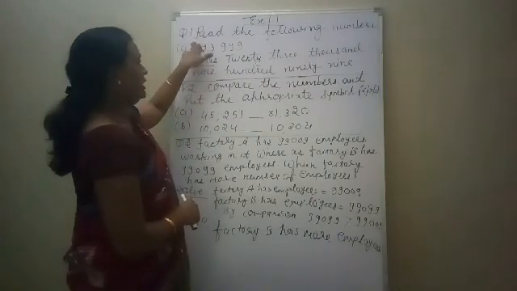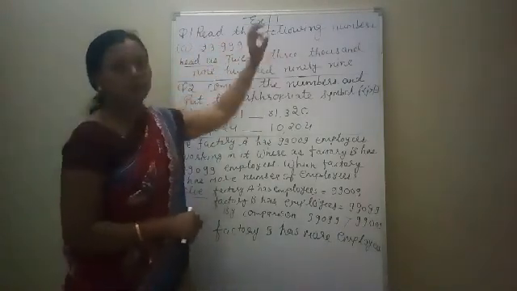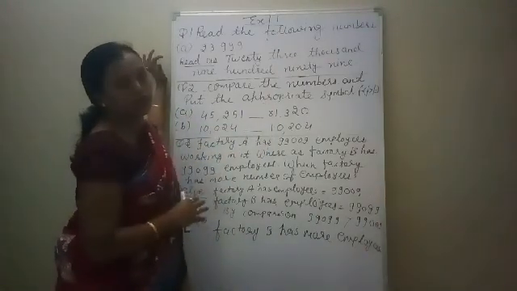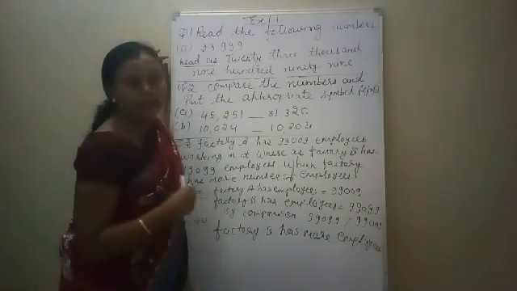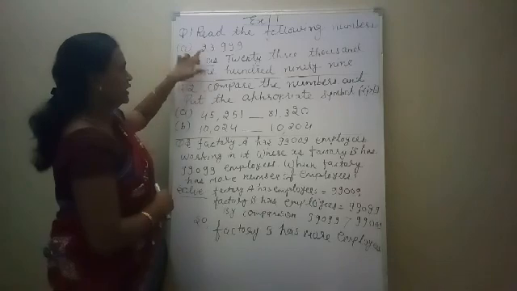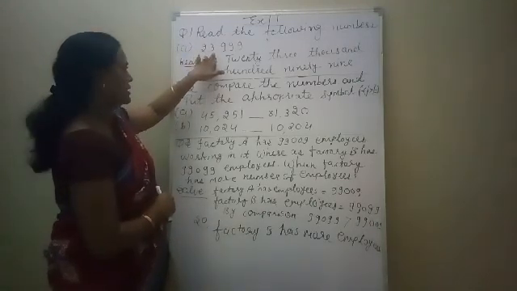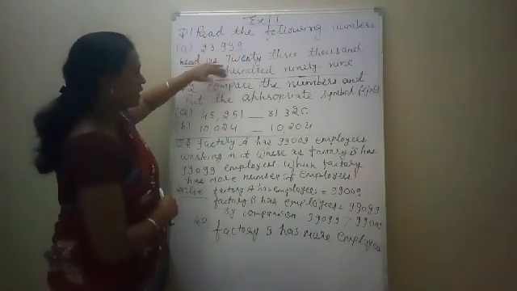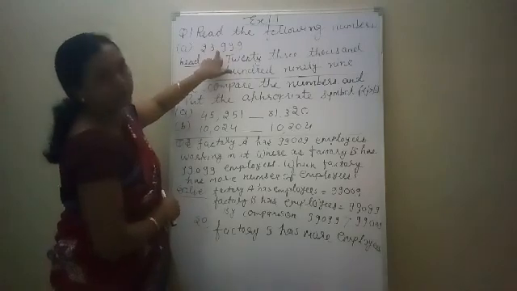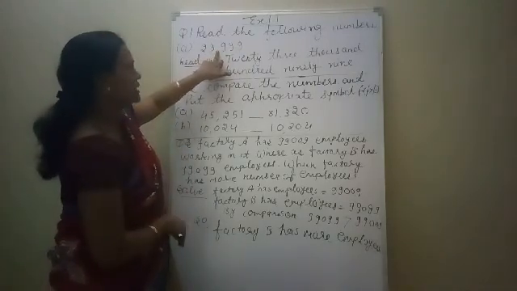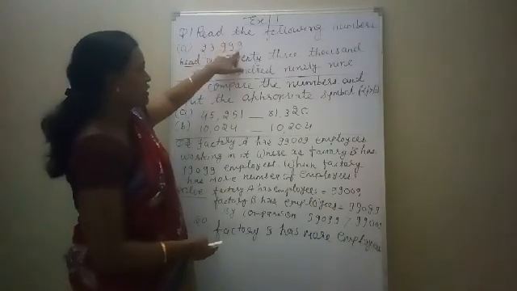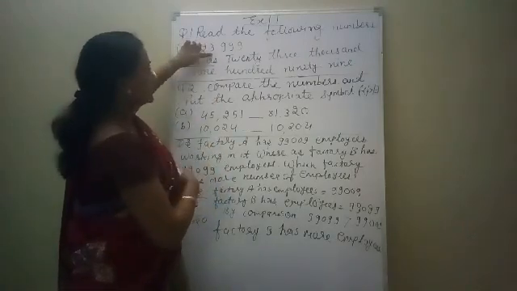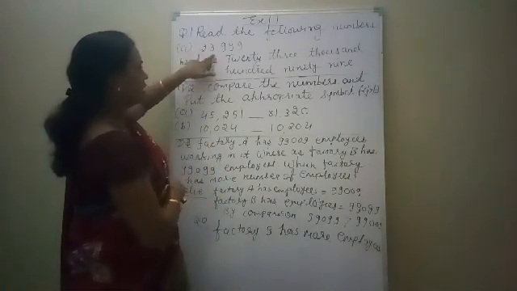Question number 1 is: read the following numbers. With the help of the Indian and international place value charts, we can read any type of number. See here, question number 1, part A, is 23,999. How can we read the number? With the help of the Indian place value chart. And when we want to read this number in the international place value chart, this is also ones, tens and hundreds, that is 1000 and 10,000. So this is the same number we can read in the Indian and international place value charts,